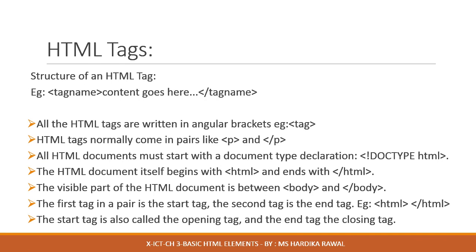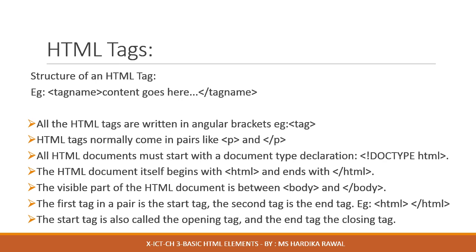The HTML programs are written using tags. Every HTML document consists of tags and content for the body of the web page. A tag is an HTML command that controls the structure and appearance of the page or document that is created. As you can see on the screen, an example for the structure of writing an HTML tag is given. All the HTML tags are written in angular brackets and this is compulsory.